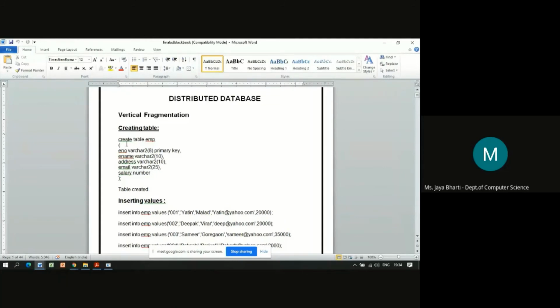Now while declaring the attributes, you first write the column name, space, data type. Sometimes it is var, sometimes it is varchar too. It changes as per the version, okay? So don't worry, these are all minor changes. So first is the column name, then data type, and then the constraint. What is a constraint?